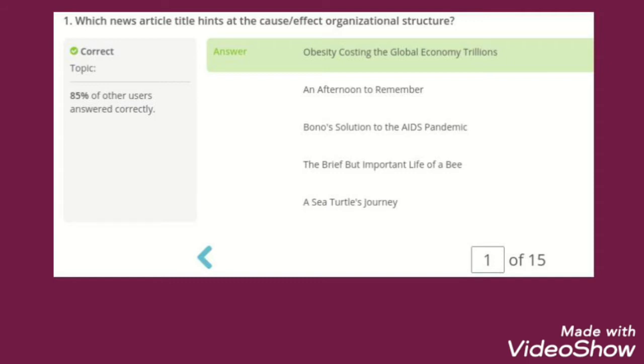Like obesity. I can see how obesity costs trillions, because there are so many people that are overweight. The global economy is basically having to pay trillions to whip them back into shape, so to say. But